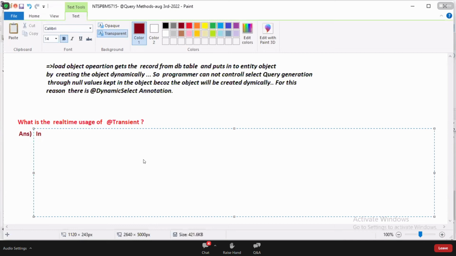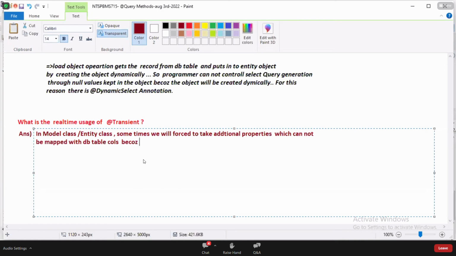Okay. In a model class or entity class, sometimes we will be forced to take additional properties which cannot be mapped with DB table columns, because no columns are there in the DB table for those properties.